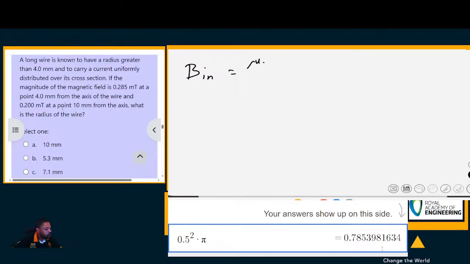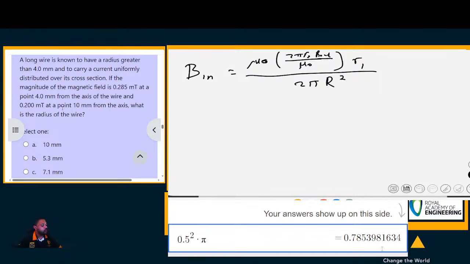Mu naught, still there. The new formula for current is the one that we just determined, 2 pi r squared, the magnetic field outside over mu naught. What was still on top there? It's mu naught. The current there, R1, is over what is still on the bottom here, 2 pi r squared. You can just go back or pause there, see if you can do it yourself. Just substitute that in there,